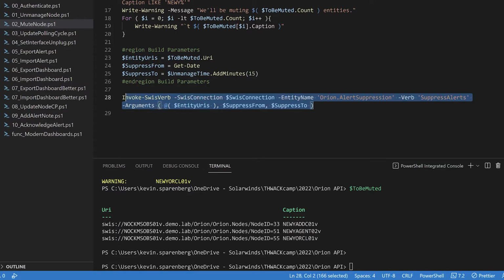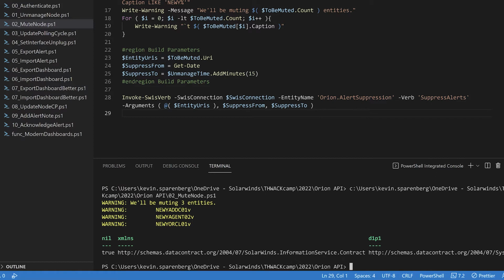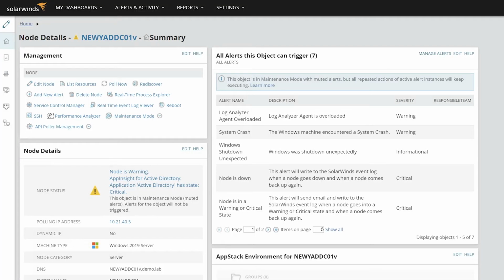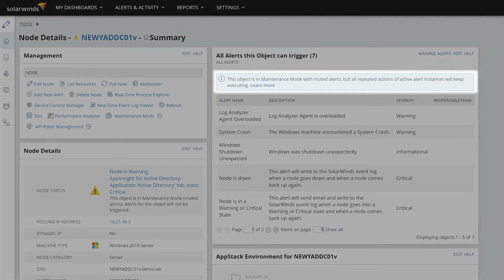So that way, if I actually do only have one entry here and it actually is a string, this says, technically we want to send an array of a single string instead. It's just an easy way to make sure you don't run into problems if you just happen to have one thing come through. And if we go ahead and run this, no error came back. So let's look at one of our New York elements. Perfect. This server has been muted, which means it will continue to poll. We will continue to pull information, but in about 14 and change minutes, it'll be flipped off of that, and we will actually start getting alerts again if it still has a problem.